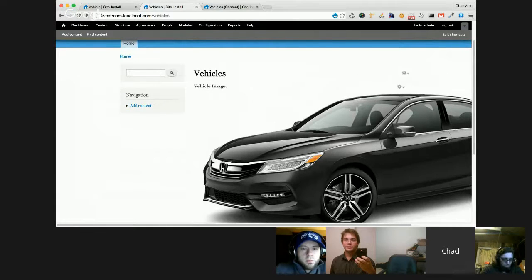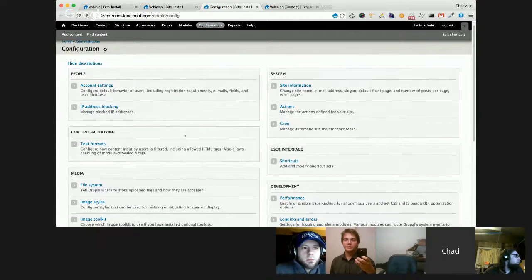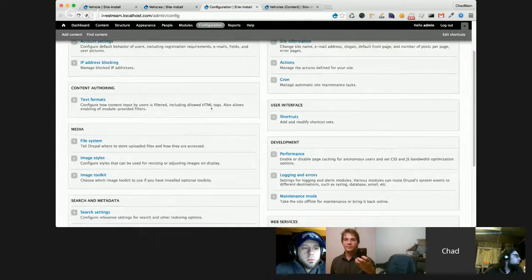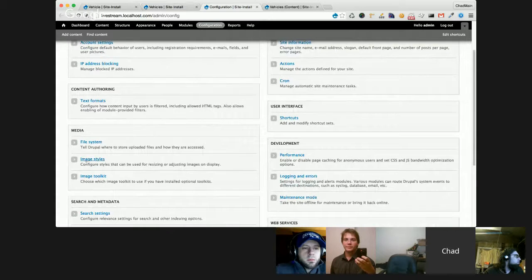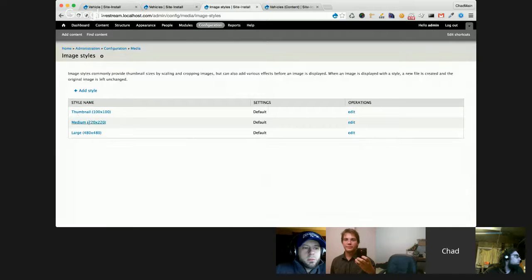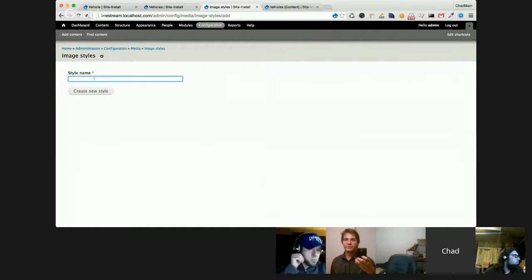Does that make sense? How easily can those main images be resized? Is that a function of the upload where you set dimensions? Actually, this is a little bit sidetracked, but since we're coming up on the end of it anyway, I can go ahead and show this. Drupal has built-in what are called image styles. By default, you have the thumbnail, the medium, and large, but you can actually add a certain style. So we can call this vehicle style.